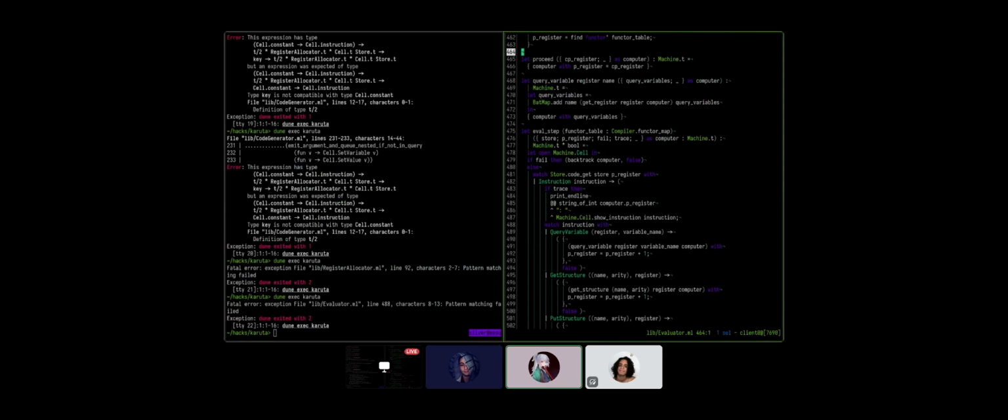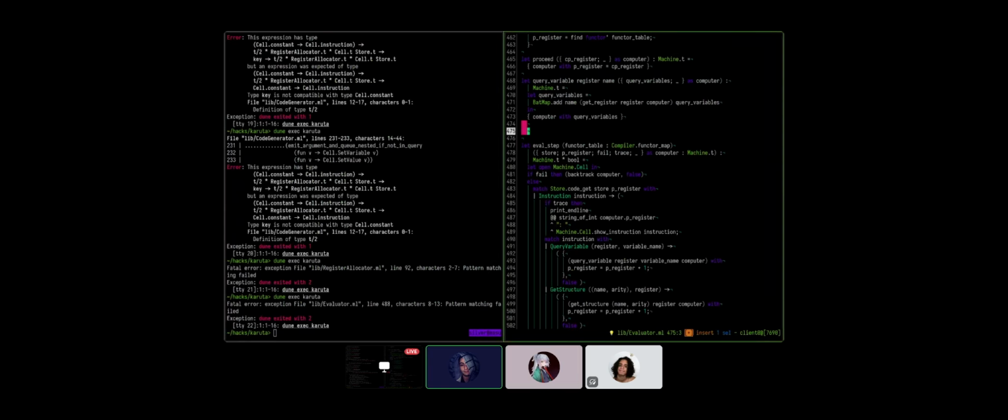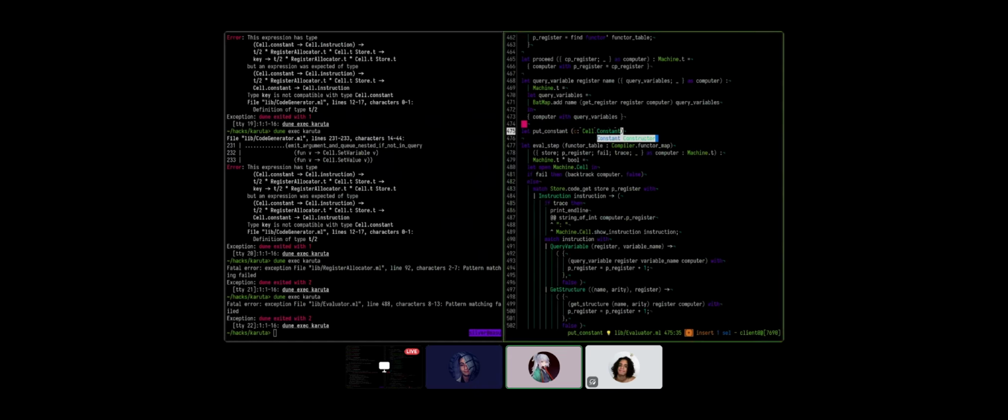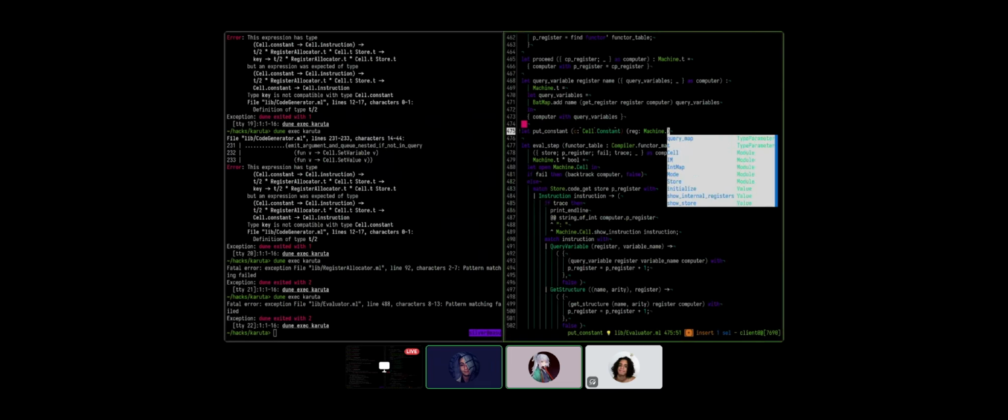Let's put them here, I guess. Let's put constant. You're gonna receive two things: a constant and a register. Sorry. Cell constant, right? Yeah. And you need to receive a register. This is machine dot register, right? I don't remember anymore.